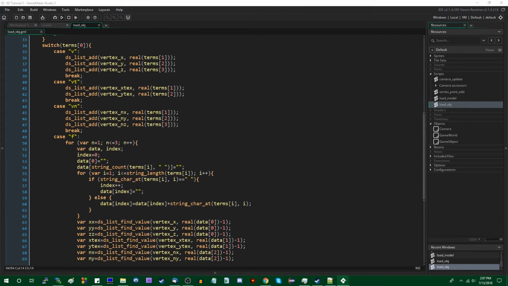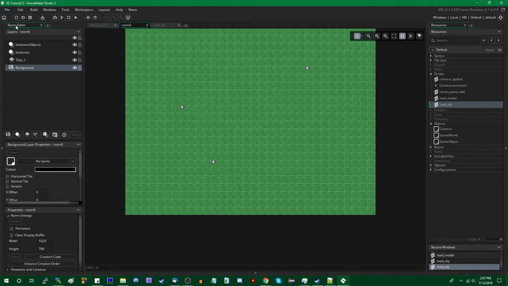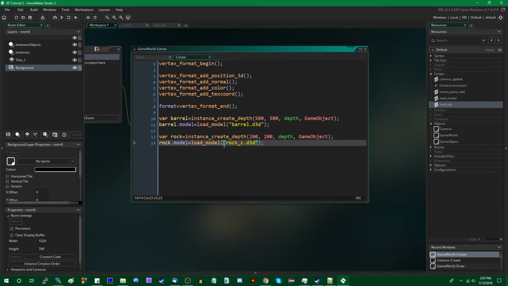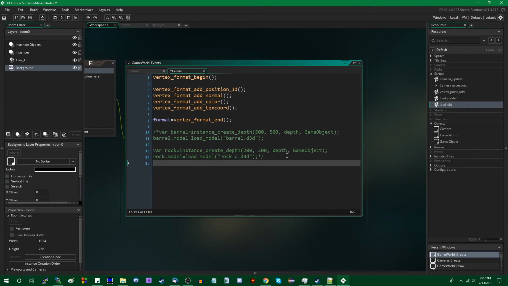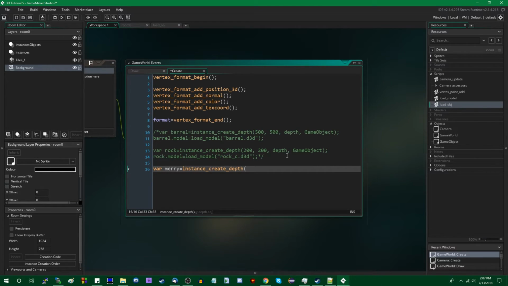I just need to go and actually instantiate one of these things before I go and run the game now. So I'll say, instead of doing one of these two, how about I will say var Mary equals instance_create_depth. Did I spell that right? I did. 500 depth,